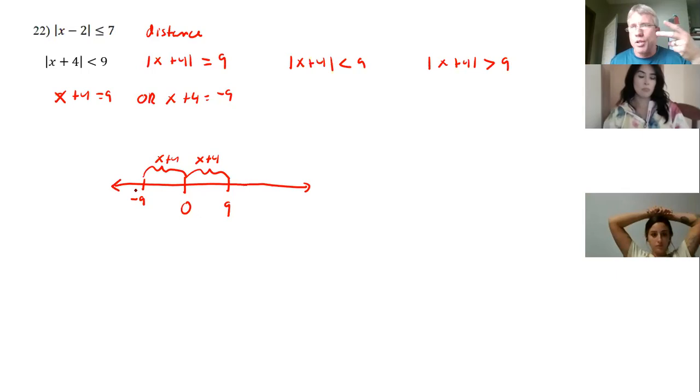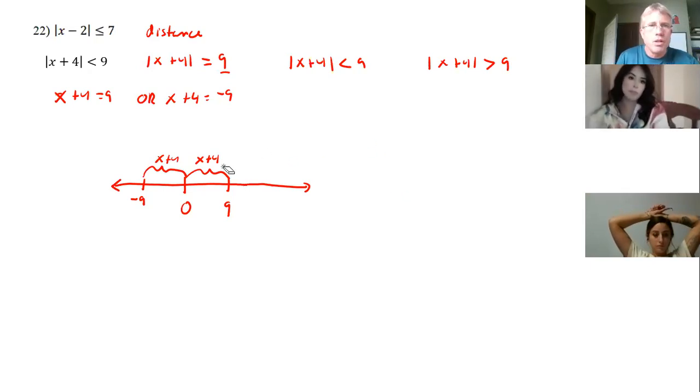So as long as this is a positive real number here, there's always going to be two numbers that are that distance from 0. And they're going to be exactly that distance from 0. So once you recognize that all you're doing with this mess is figuring out how far from 0 you are,